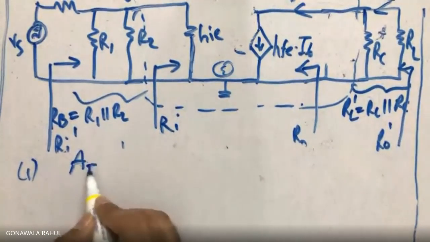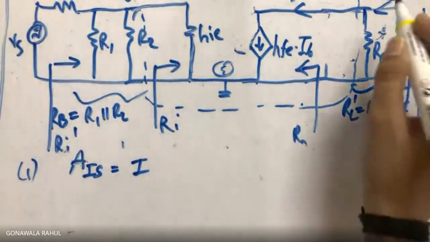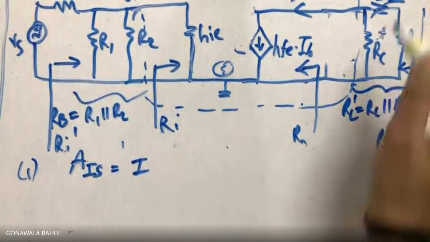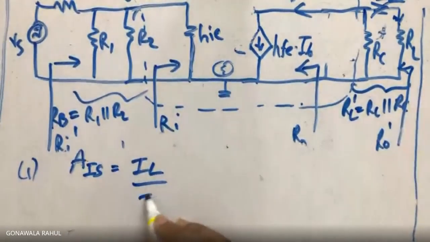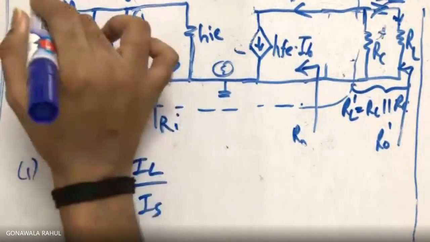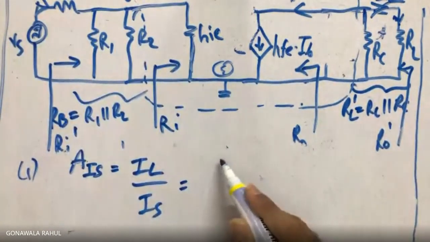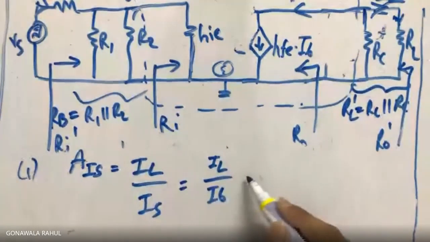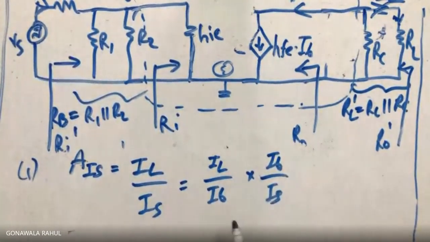So that would be AIS. So that AIS would be IL by IS. Now the load current direction would be like this, IL, in this direction. So that would be IL by IS, supplied current IS. So I can write that it can be denoted like IL by IB into IB by IS, and in a more simplified manner...